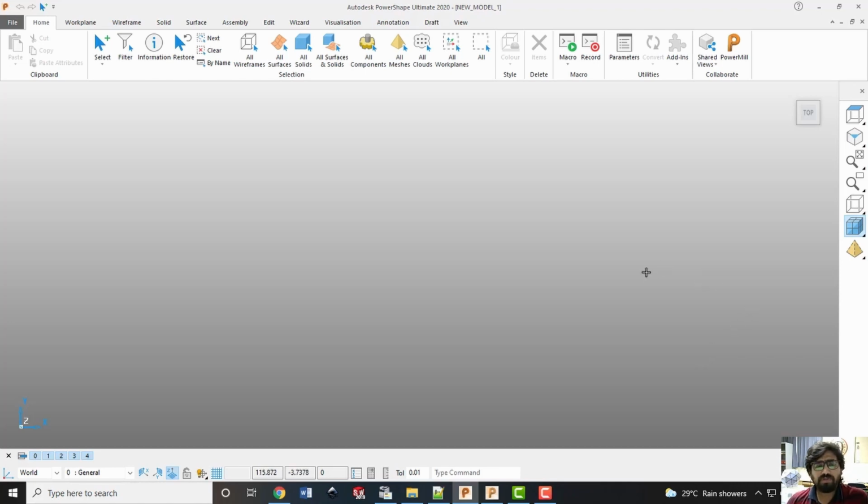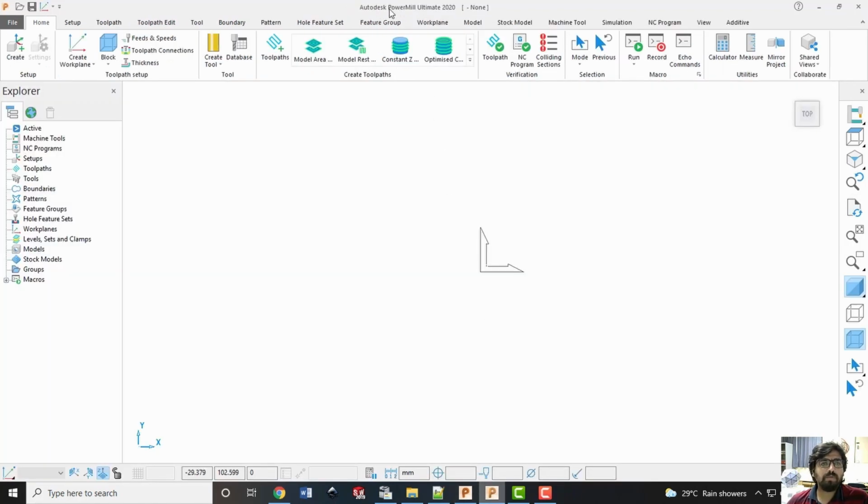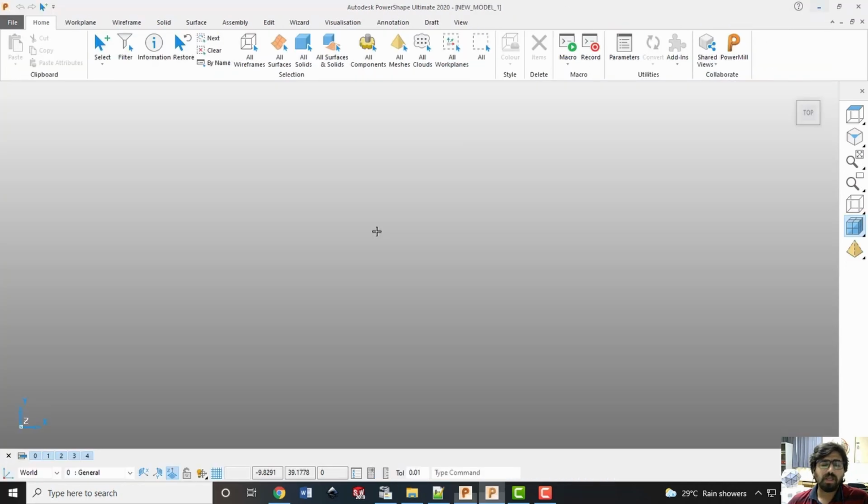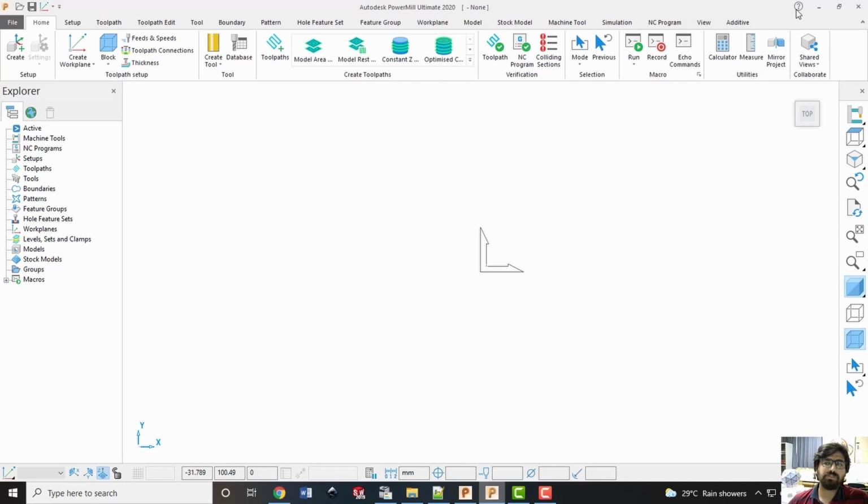So for that purpose, we shall discuss a package called PowerShape and PowerMill by Autodesk. What you are seeing right now is PowerShape, and there is another package called PowerMill. PowerShape is a CAD package and PowerMill is a CAM package.